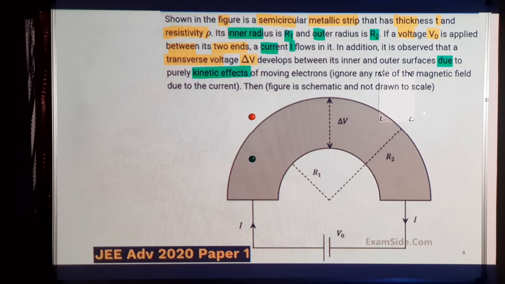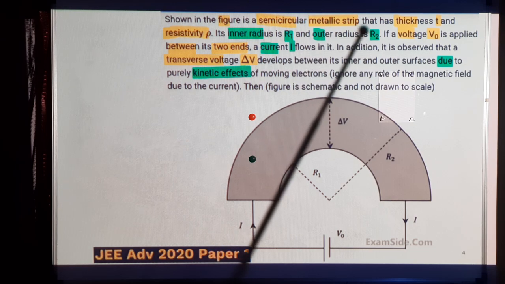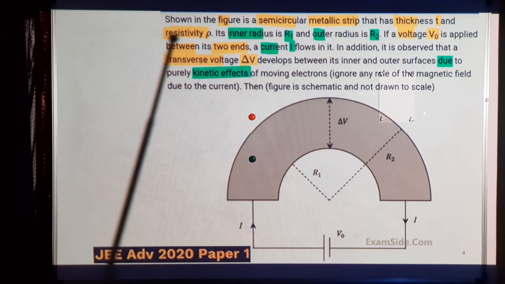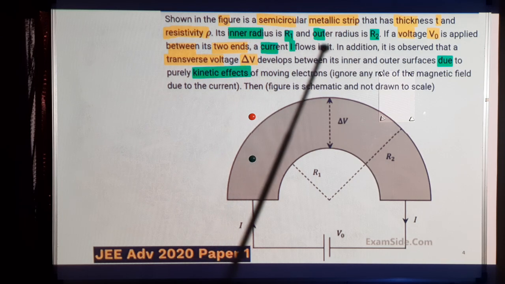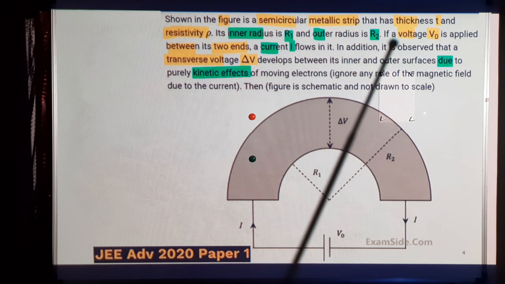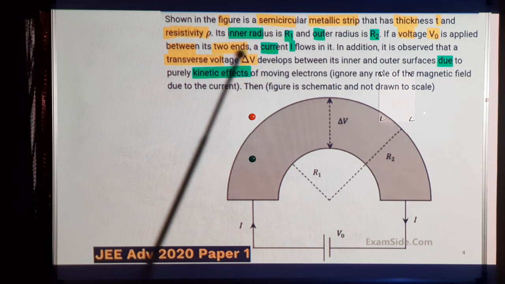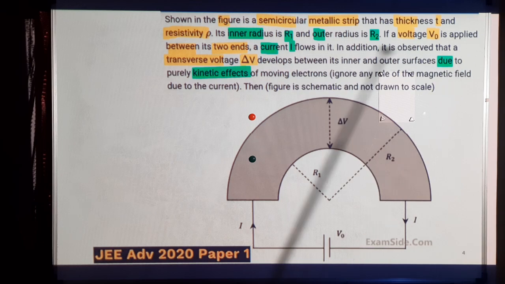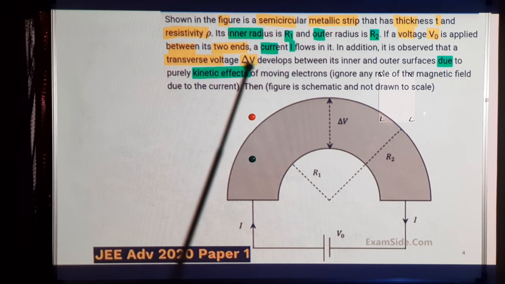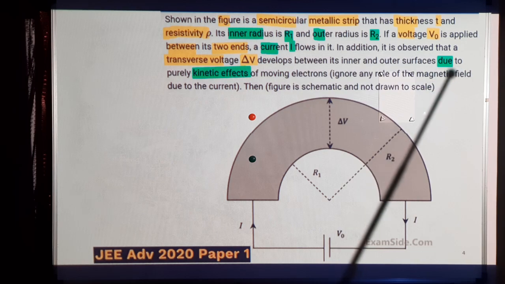This is the question. You can read it. Shown in the figure is a semicircular metallic strip that has thickness T and resistivity rho. Its inner radius is R1 and outer radius is R2. If a voltage V0 is applied between its two ends, the current I flows in it. In addition, it is observed that a transverse voltage delta V develops between its inner and outer surfaces due to